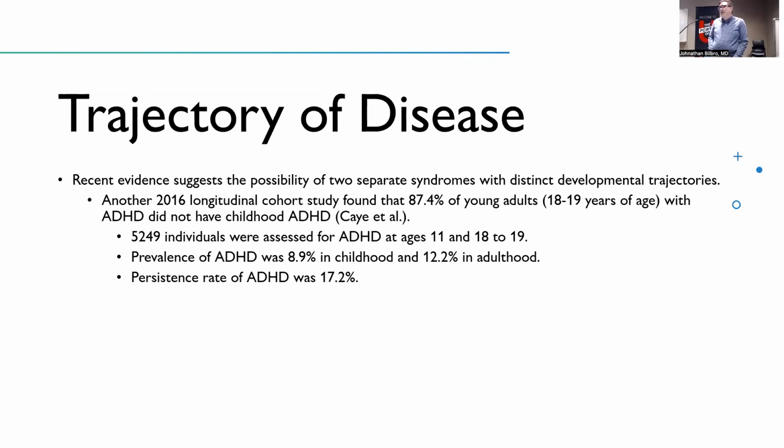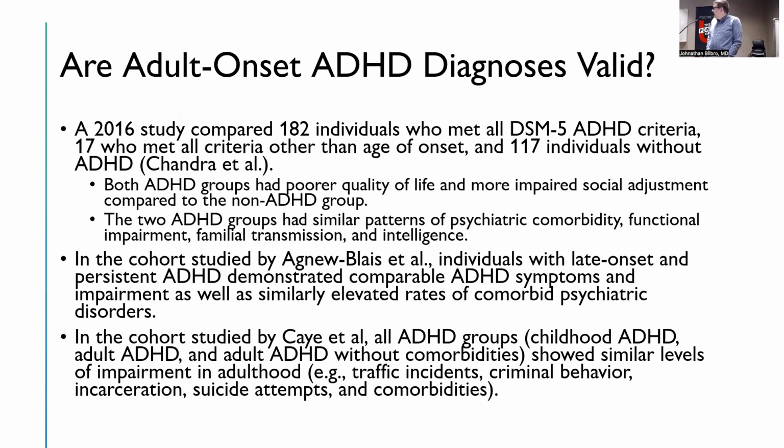So what all these studies share is the idea that there are a pretty large number of adult patients out there who will meet all the criteria in DSM-5 for ADHD except for the age of onset maximum of 12 years. And so the question then becomes, well, first of all, are these true ADHD diagnoses, right? Do these adults really have ADHD? And to answer that question, these studies considered a few things.